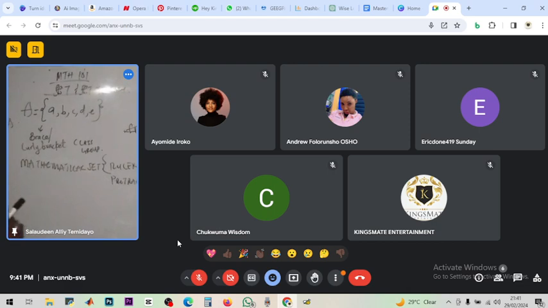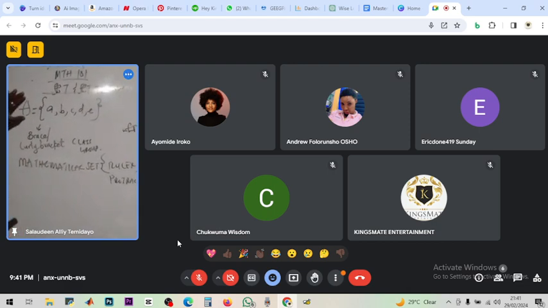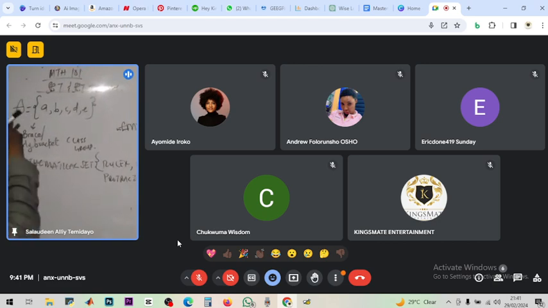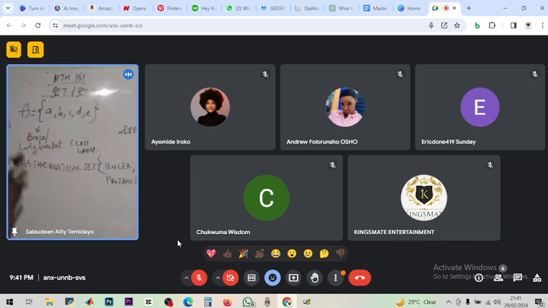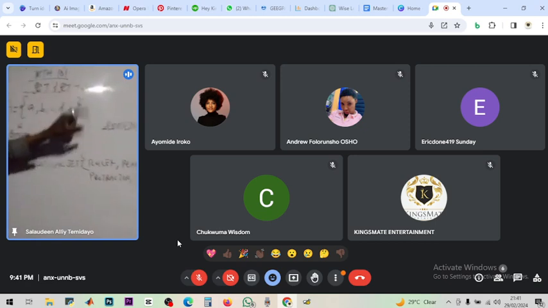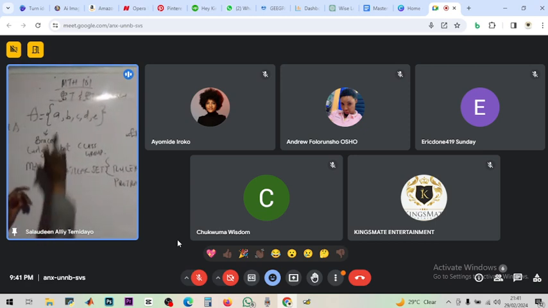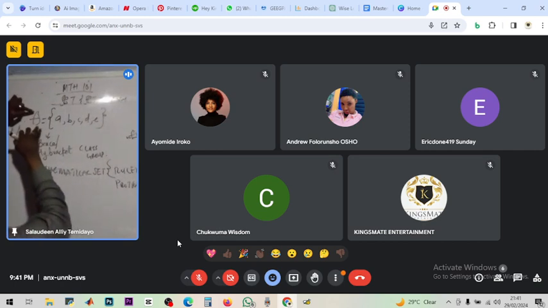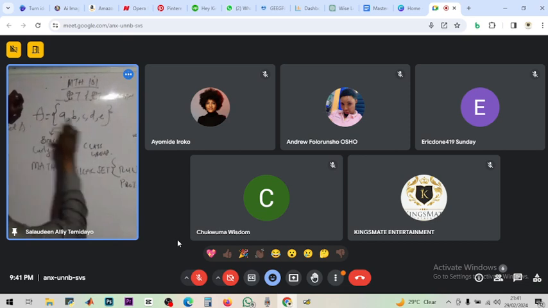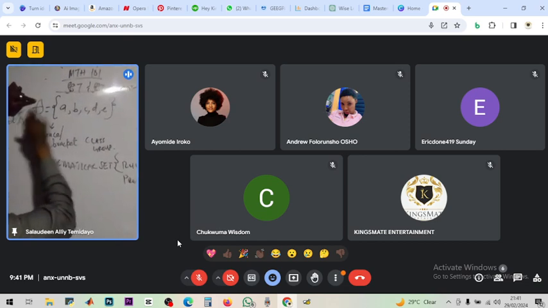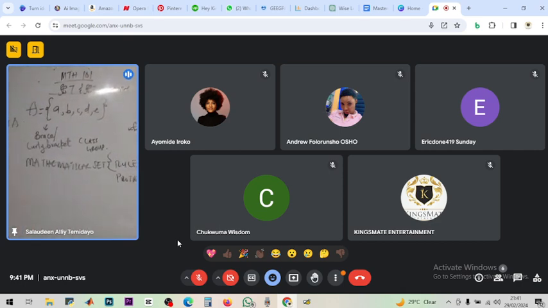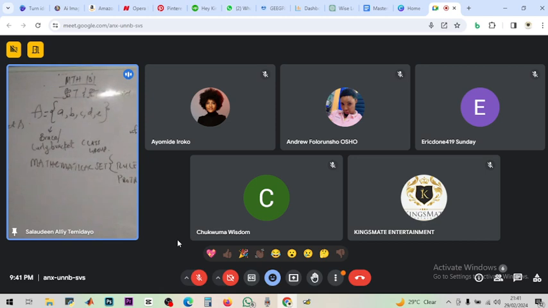We said set A must be written in capital letter. Even if it was C, it will be capital letter C. Z, capital letter Z. D, capital letter D. Why? Because it is the set. It consists of all the elements. So what I'm saying here is that a is an element of set A. b is an element of set A. c is an element of set A. d is an element of set A. e is an element of set A. That's what we are trying to point at.